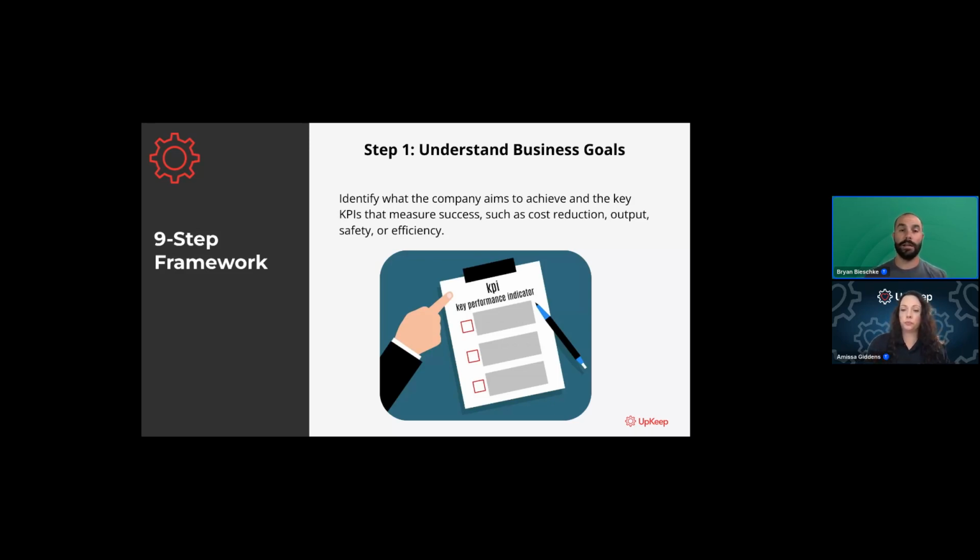Like I said in the very beginning, there is no maintenance. There is no strategy to maintain if there is no business to support. So we have to understand our business. I'll give you just a quick story here. We deal with CMMS so much, right? Talk to CMMS prospects, customers, everything.